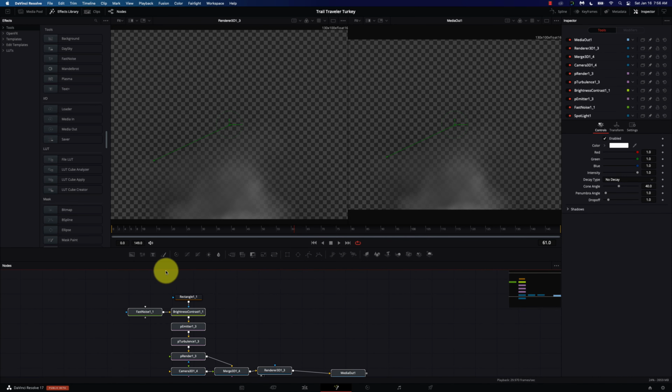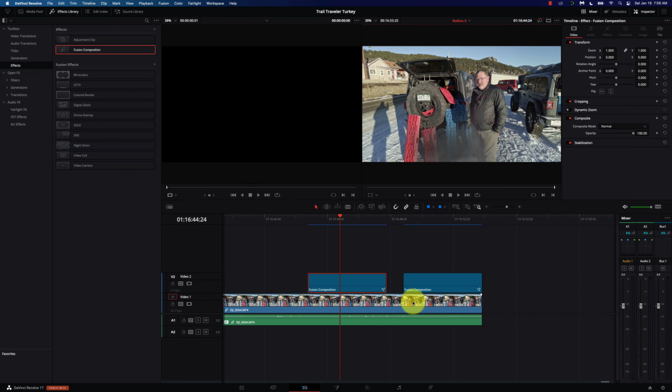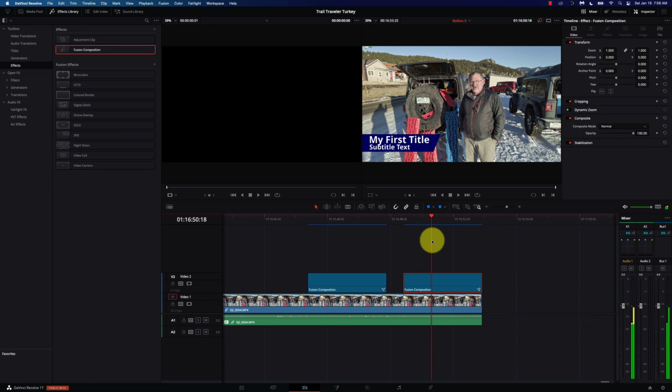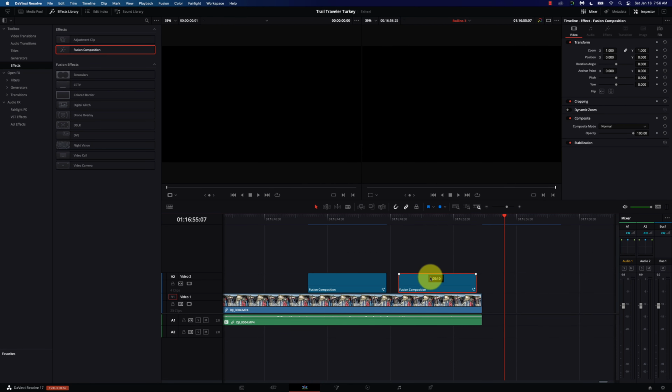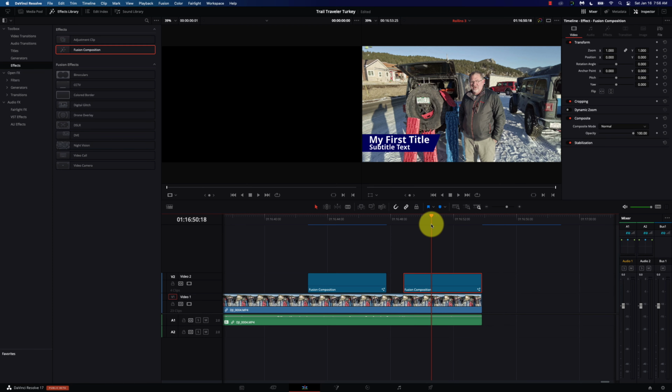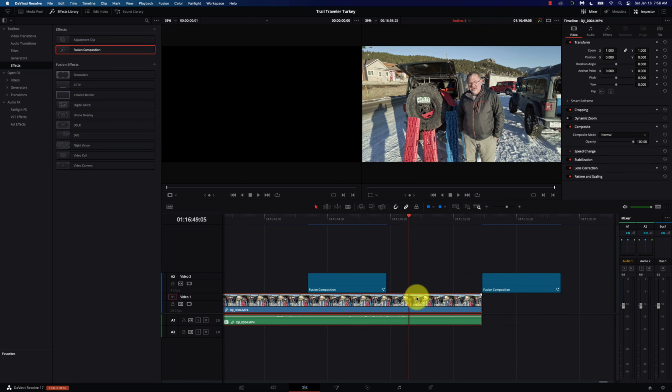Actually, let's do it this way. So where I just created this Fusion composition, right? And that overlays very nicely onto something like this. But sometimes we need to work directly with the footage. So I don't want to work with the whole thing. I'm just going to hit Command B to use the blade tool. And if I go from here into Fusion,